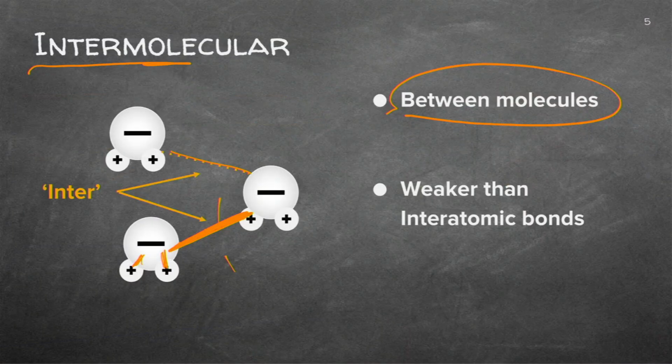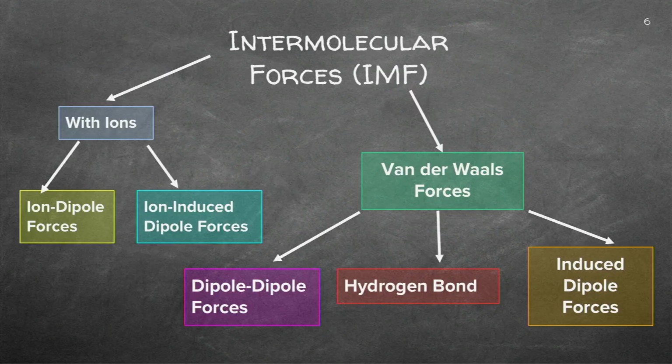Right, let's try the ions. There can be two types where an ion is involved. Firstly, an ion and a dipole. So it's an ion which is already positive or negative, and now I'm bringing it near something that's a dipole. Now a dipole will have a negative and a slightly positive side. Now you can visualize what will happen if I bring this dipole near a positive or a negative ion.